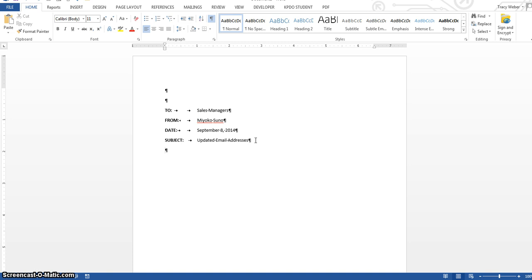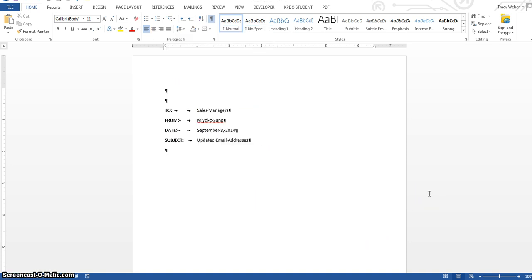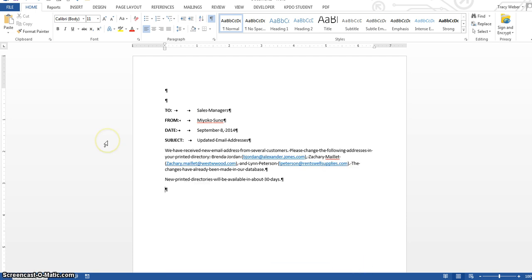Okay, and the body of the memo, the line spacing should be 1.08, which is default spacing. So let's check and make sure that's what it's set at. And I go to line spacing options, and I can see that it is set at 1.08, so we're good there. And I'm going to begin to type the memo. Okay, when you're done typing the body of the memo, you're going to notice a couple of things here. Our spacing is the default 1.08. We don't hit tab at the beginning of a paragraph in a memo,